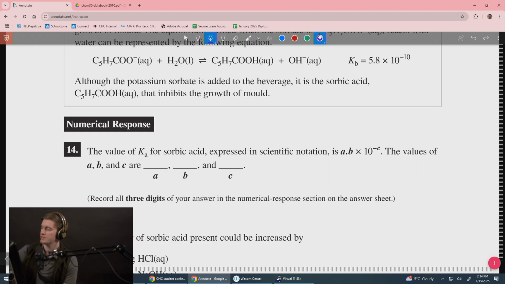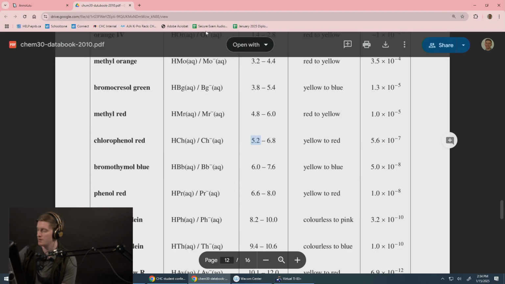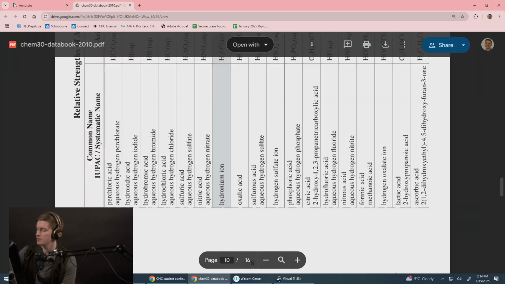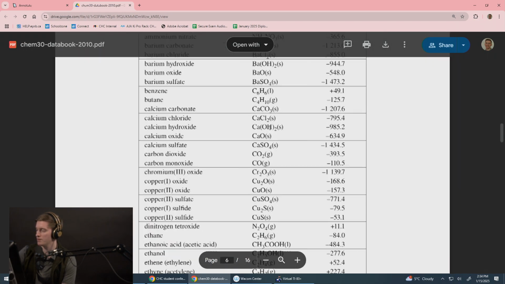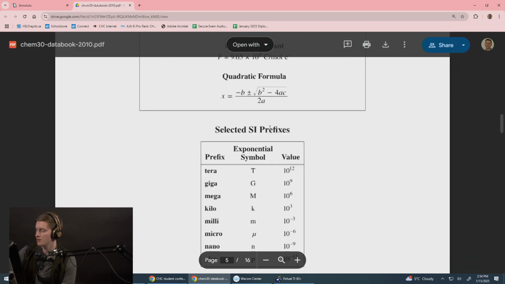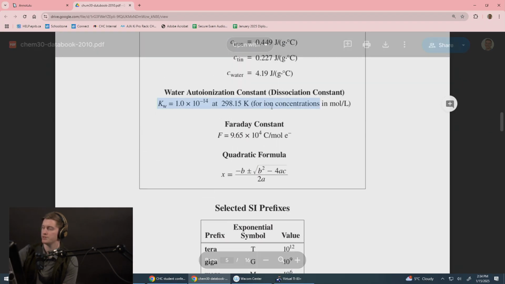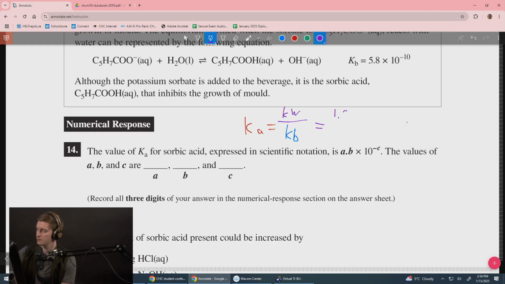Well, to get a Ka value, we should know that Ka is going to be Kw divided by Kb of the conjugate base of that acid. So if we know our Kb value here, then we can just take Kw, which is written in your data booklet. It's not a value you need to memorize, but you should be familiar with. I'm just going to show you where you can find it. Our Kw value is right here, 1.0 times 10 to the negative 14. And our Kb value is 5.8 times 10 to the negative 10,